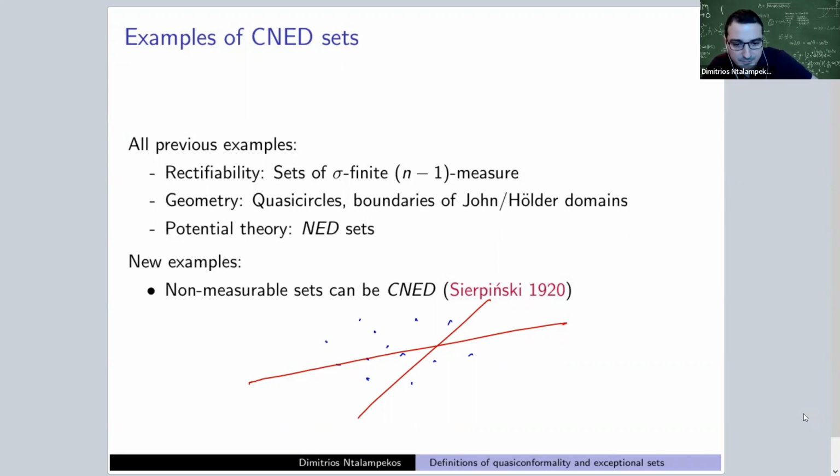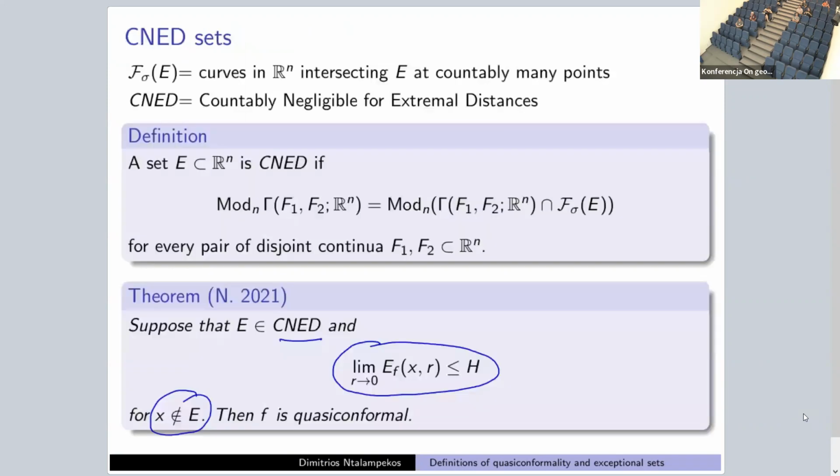also measurable. Sorry, so can I just check, in your theorem, you do not assume the set to be closed? Exactly, correct, yes. Okay, so this removability holds as long as, so you could take this set by Sierpinski and your theorem would apply to it. Correct, yes. So if you use the metric definition of quasi-conformality, you don't need to assume that the set is closed. Okay, thank you.